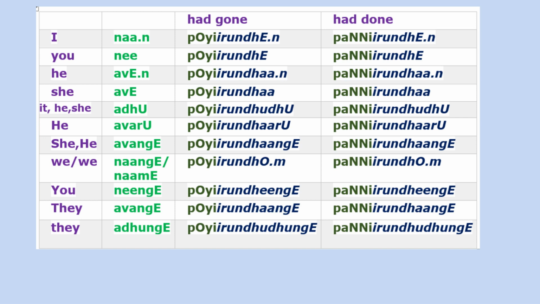poirundanga, poirundom, poirundinga, poirundanga, poirundadunga. It may look like a very varied suffix, but just remember this is how it is for all the